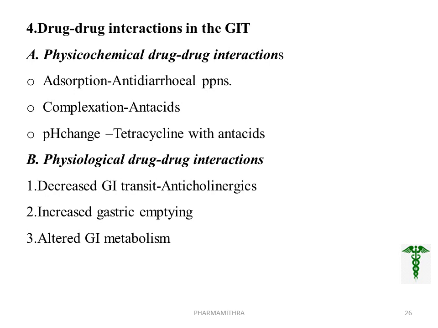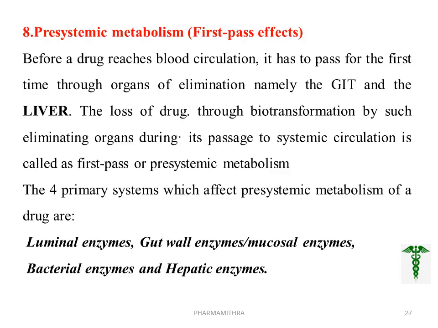And third thing is the altered GI metabolism. That is, antibiotics inhibit the bacterial metabolism. Example, erythromycin enhances the efficacy of digoxin by altered GI metabolism. Eighth factor is the pre-systemic metabolism or first pass effect. The three main reasons for the decreased bioavailability are first, decreased absorption, destabilization or destruction of the drug, as well as the first pass or pre-systemic metabolism.